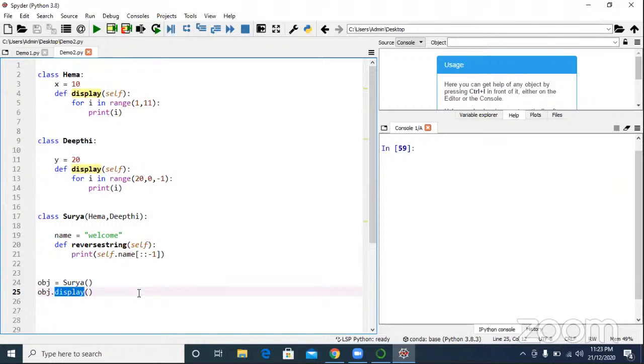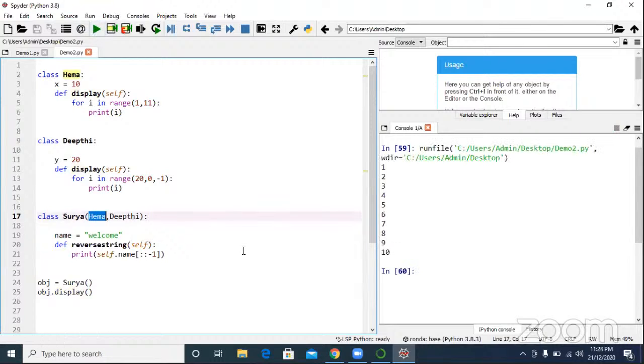Maybe the first superclass. Whoever is the first superclass, that method will print. Suppose I say Dipti comma Hema, then who is the first superclass? Dipti. And in Dipti, what is it doing? 20 to 1.